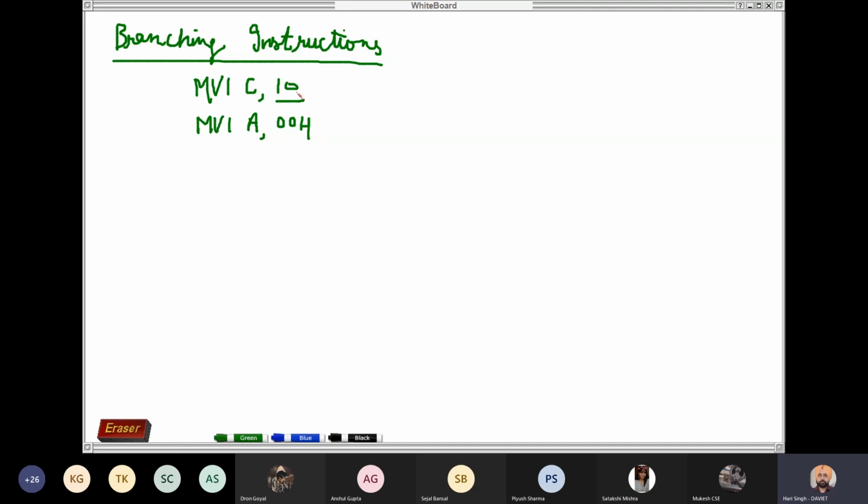Because I've written simply 10, the assembler would consider this a decimal value to be placed in the target register. And the next instruction, MVI A, 00, will store 00 in the accumulator.